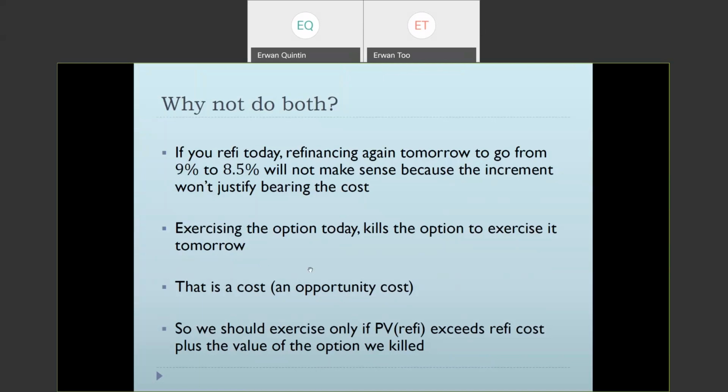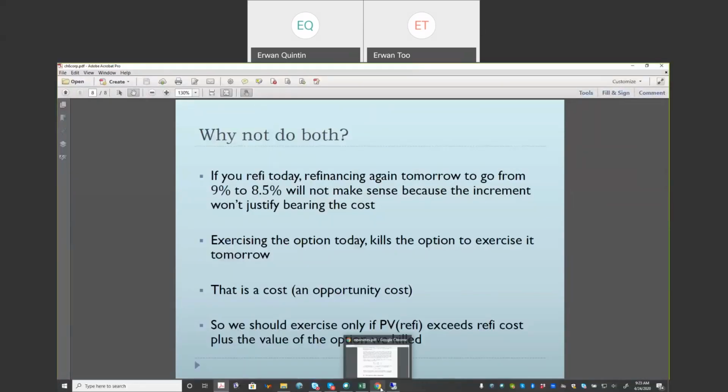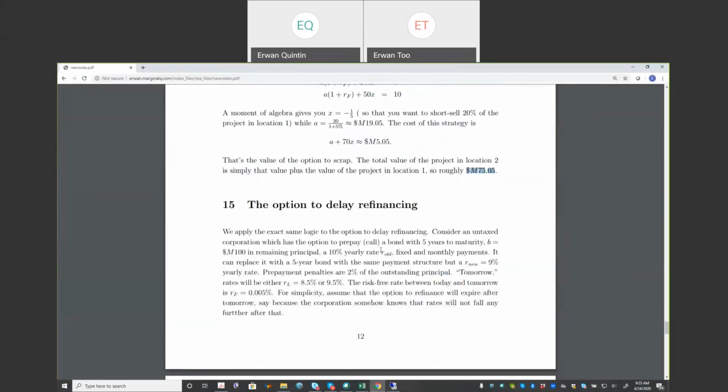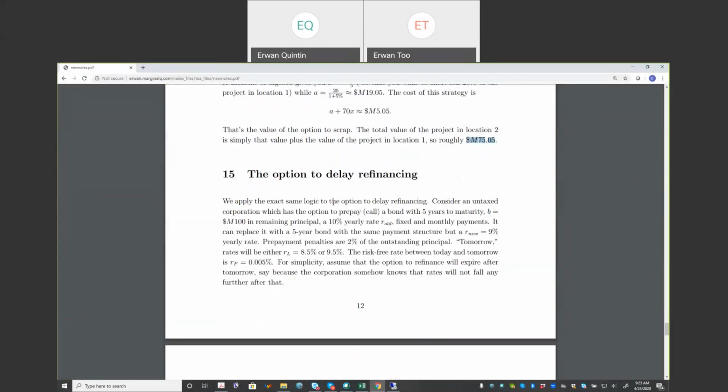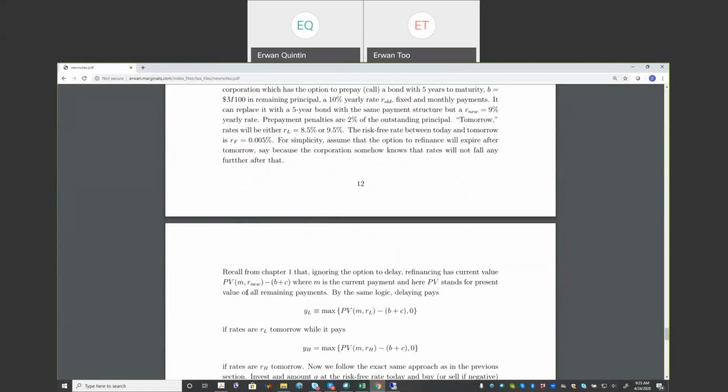So when we calculate the NPV of refi, a cost that we have yet to figure is the value of the option that we have just killed. So we need to measure the value of that option, add it to our cost, and we should measure NPV taking into account the fact that we have killed that option. Okay, now, if you do the math for this, and the math is right here in the final section of the notes that I made available to you, it's exactly the same as the one we just did today in this video. It's just a little bit more complicated,